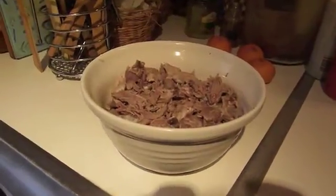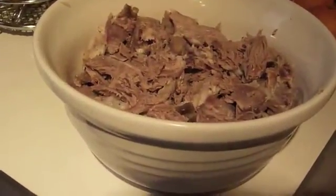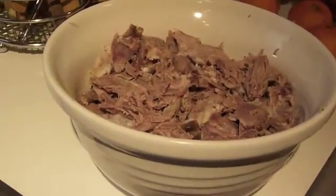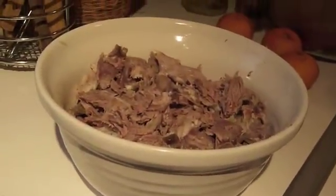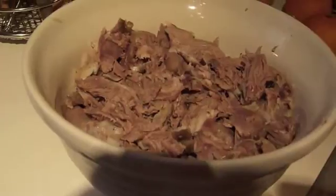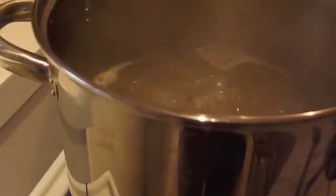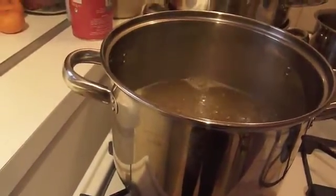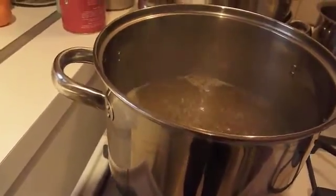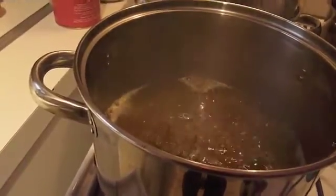Now it's some time later. I've cut off all the meat that I could find off the head and out of the crevices, and discarded all the fat and skin, and it's cut up into fairly small pieces and placed into this clean bowl. And I've also discarded all the fat from the juice that was left yesterday, and I've decanted some of the liquid aspic, and I've put it in a clean pan